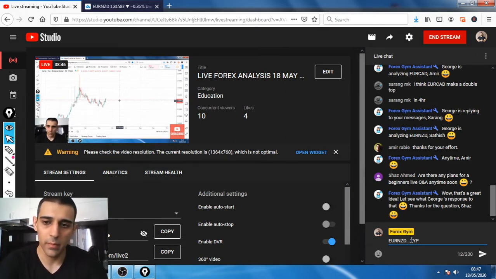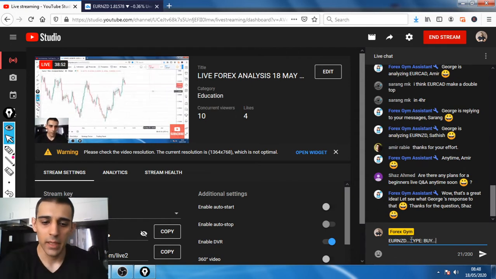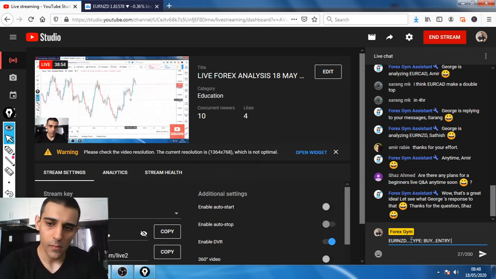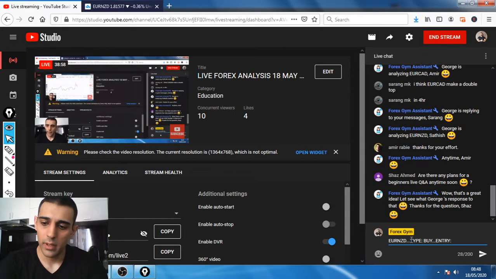Type would be a buy on this one. Buy, and for the entry, 81.15 for the entry. Again, this is not really the exact level, just the estimated,